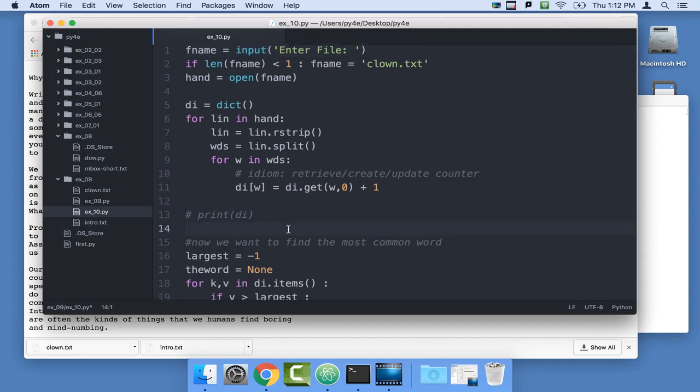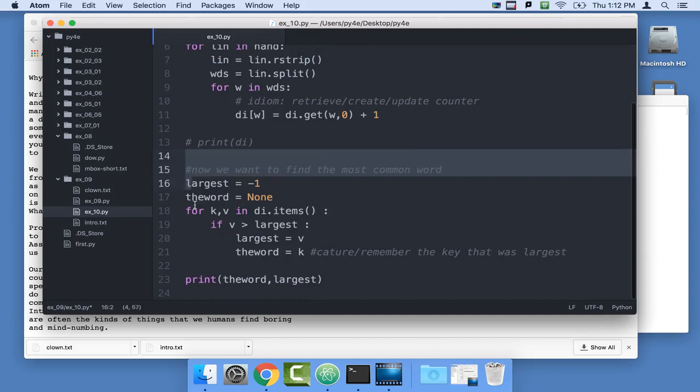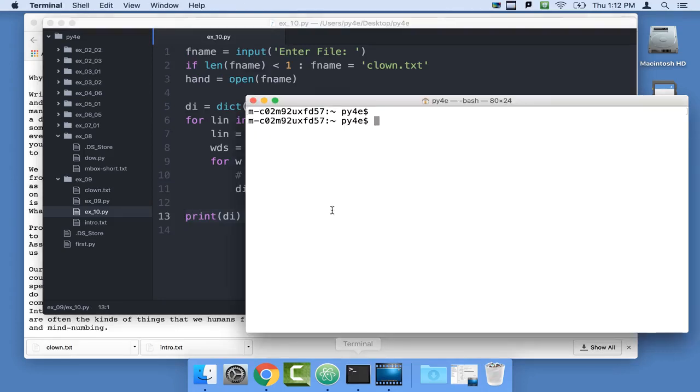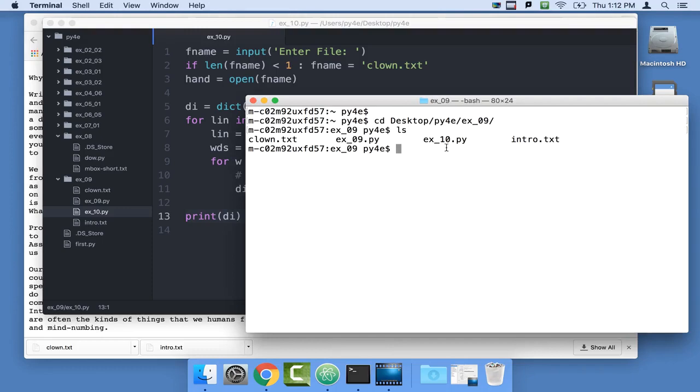So in exercise 9, we look for the most common word, but we want to find the 5 most common words, which is going to require us to sort. So I'm going to get rid of that code because it's not really how we're going to do it. There we manually looped through it and found the maximum. And so I'm going to just run this, cd desktop python for everybody ex09. And if I do an ls, you see that I've got ex09.py, intro.txt. So I'll run python 3,